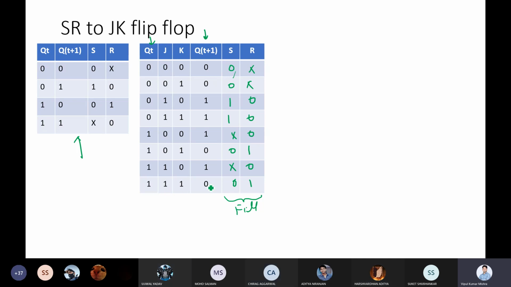It's a 1 and 0, right? Okay, QT is 1, QT plus 1 is 0, so you have to pick 0. Okay, so now we got S and R. Let me quickly make the K map for S.